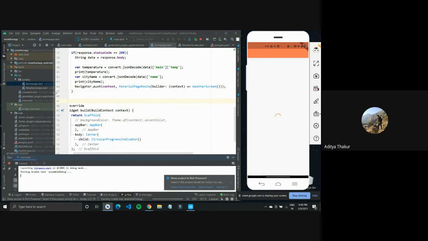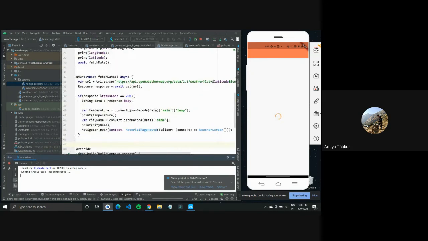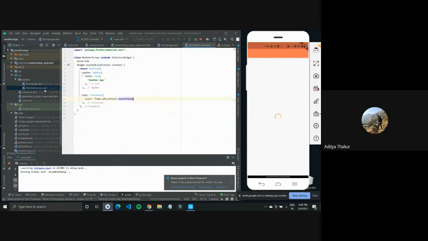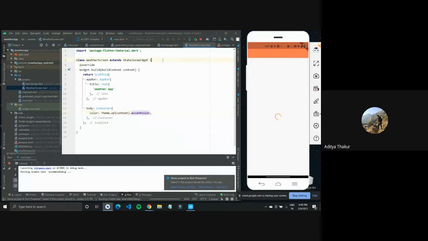So what we'll do now is we'll go back to our weather screen dot dart. This is the weather screen, and we'll define a constructor for it, which means each time we call this weather screen, we'll have to give it some values. So I'll define a constructor for it.